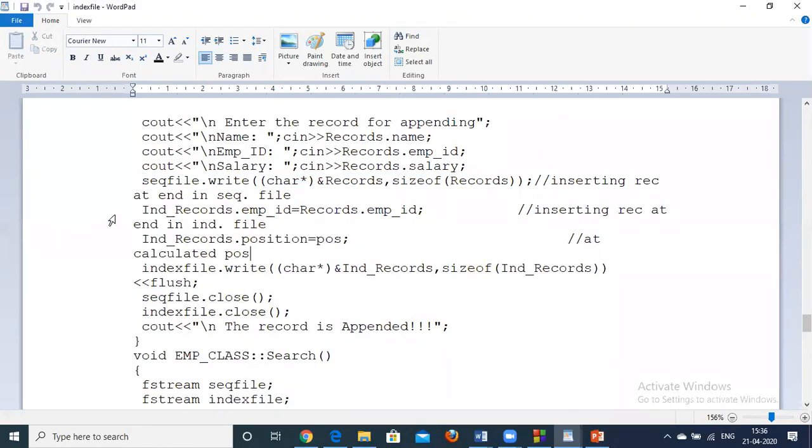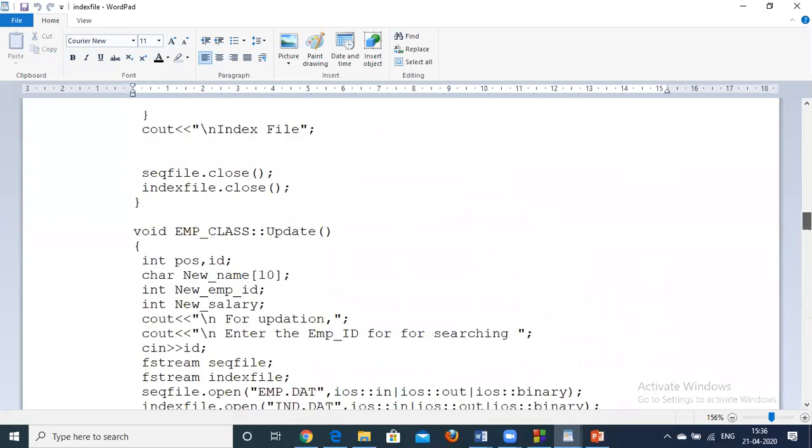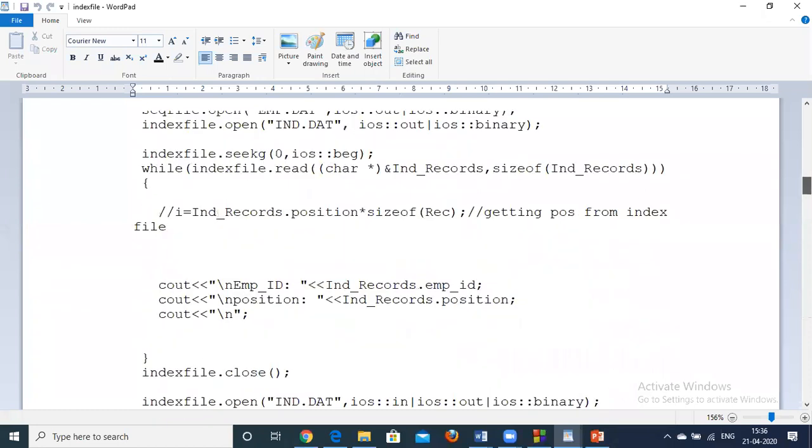And similarly you have to set the put pointer at the end of the index file and add that record in the index file also. So like this you will be performing the operation.